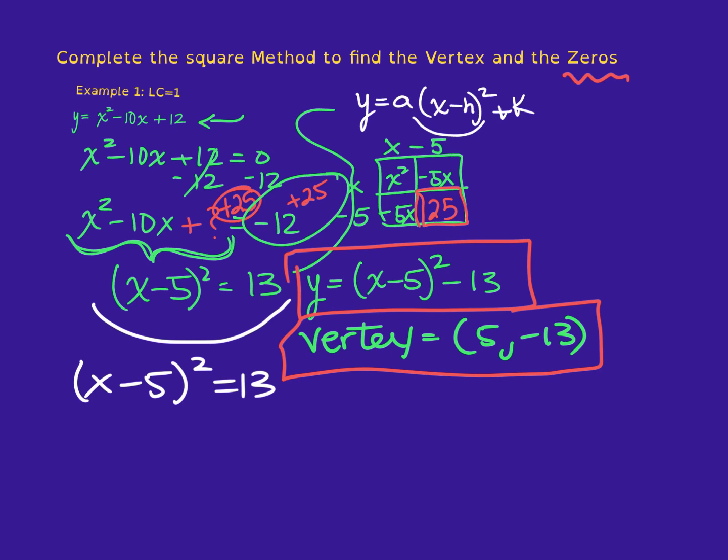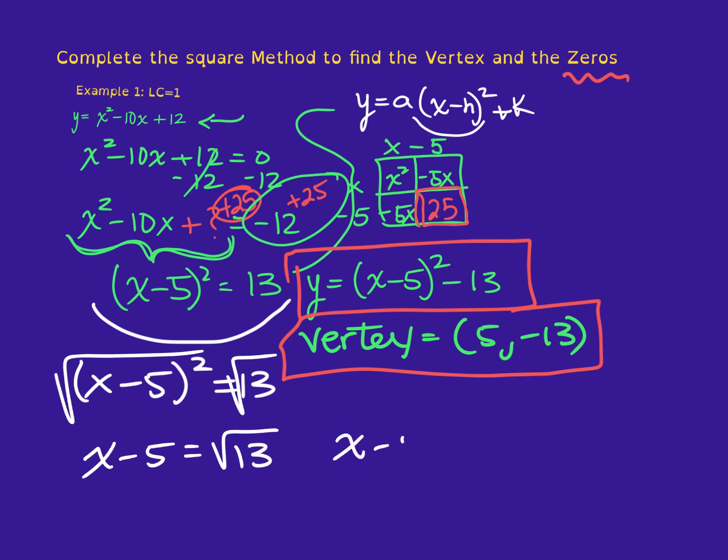So what are we going to do? We are going to square root both sides. So you're left with x minus 5 equals root 13. But you also have x minus 5 equals negative root 13. Remember that. We square root. Anytime you solve and you have to